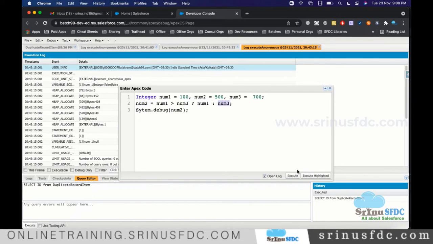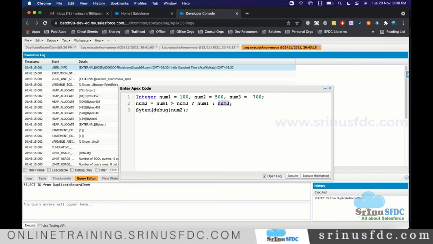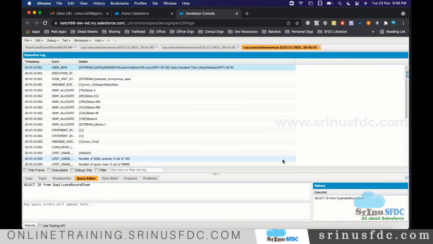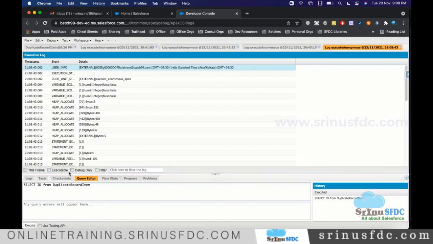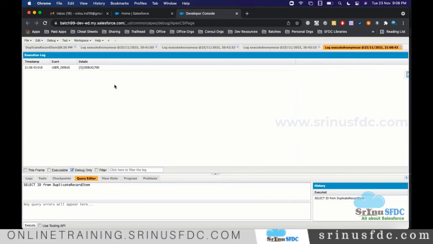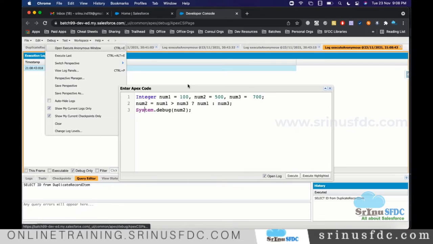Otherwise number 3 we are assigning to that. So execute. System spelling is wrong. Okay, execute. Now, if you want to see only what we are printing, you need to click on debug only, and you see it is 700, right?